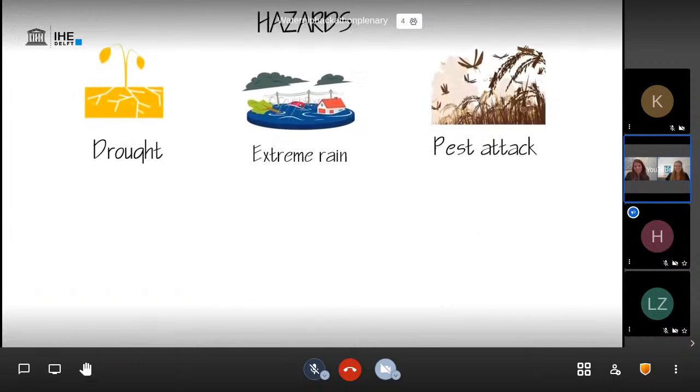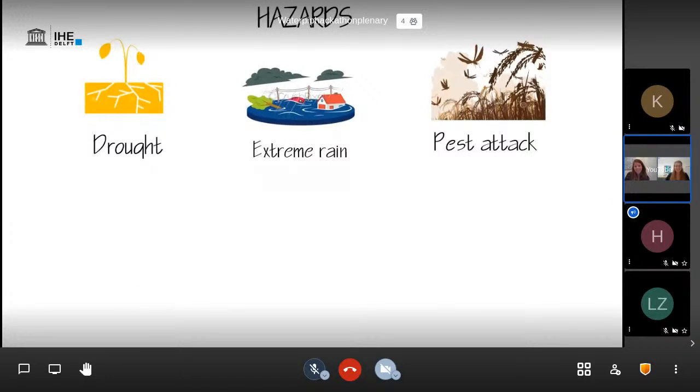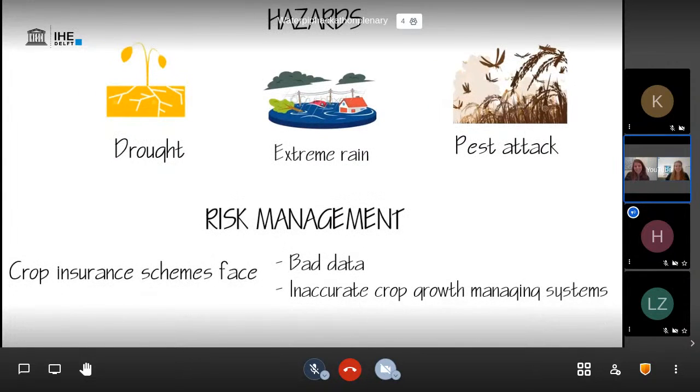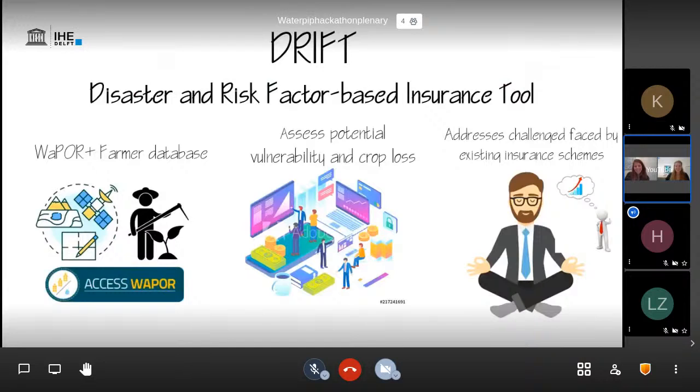As climate change threatens the food security of many developing countries, we aim to increase the scope and importance of agricultural insurance to protect farmers and reduce poverty. Insurance companies and microfinancers often lack accurate seasonal crop monitoring tools and reliable datasets to provide good protection to smallholder farmers against natural risk. To tackle this, we present to you Drift, a decision support tool that integrates real-time agroclimatic